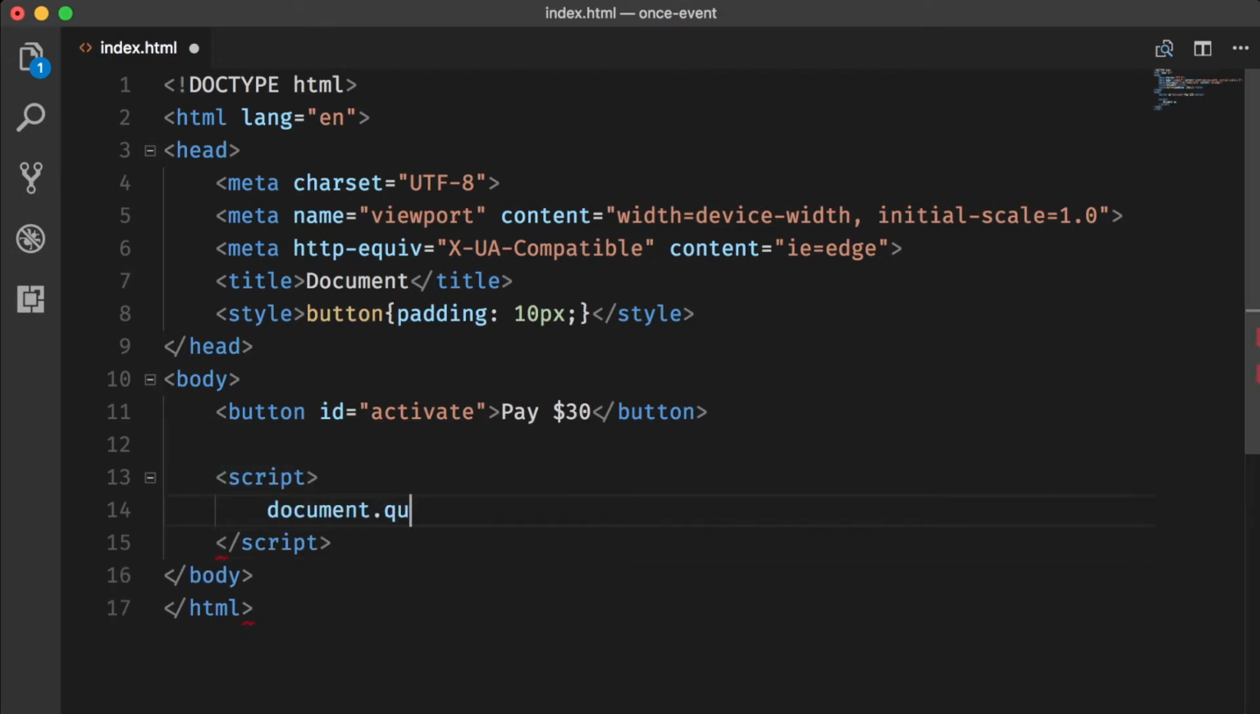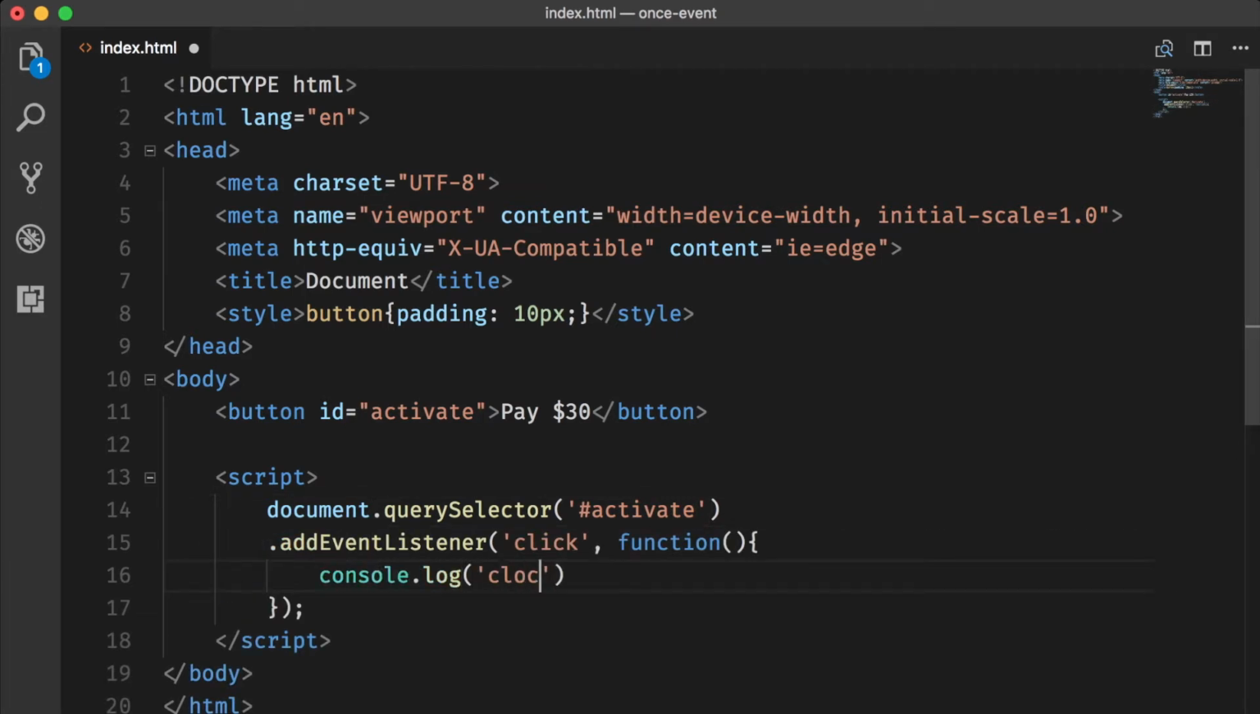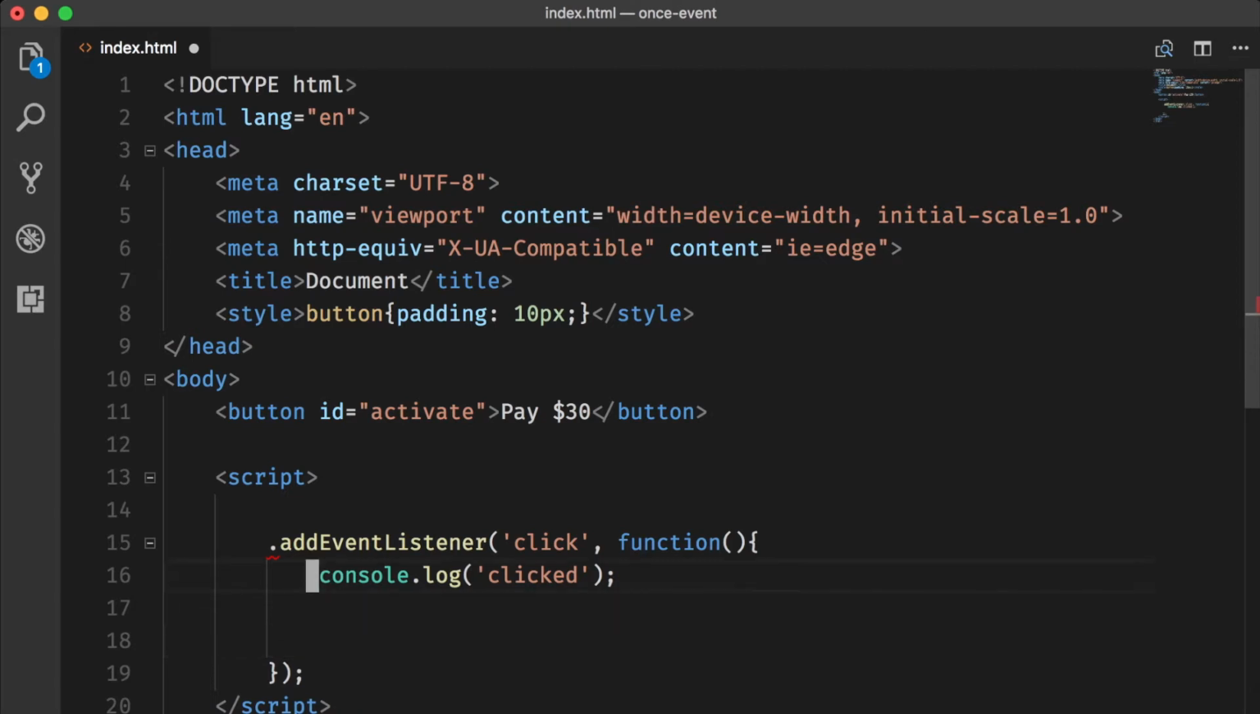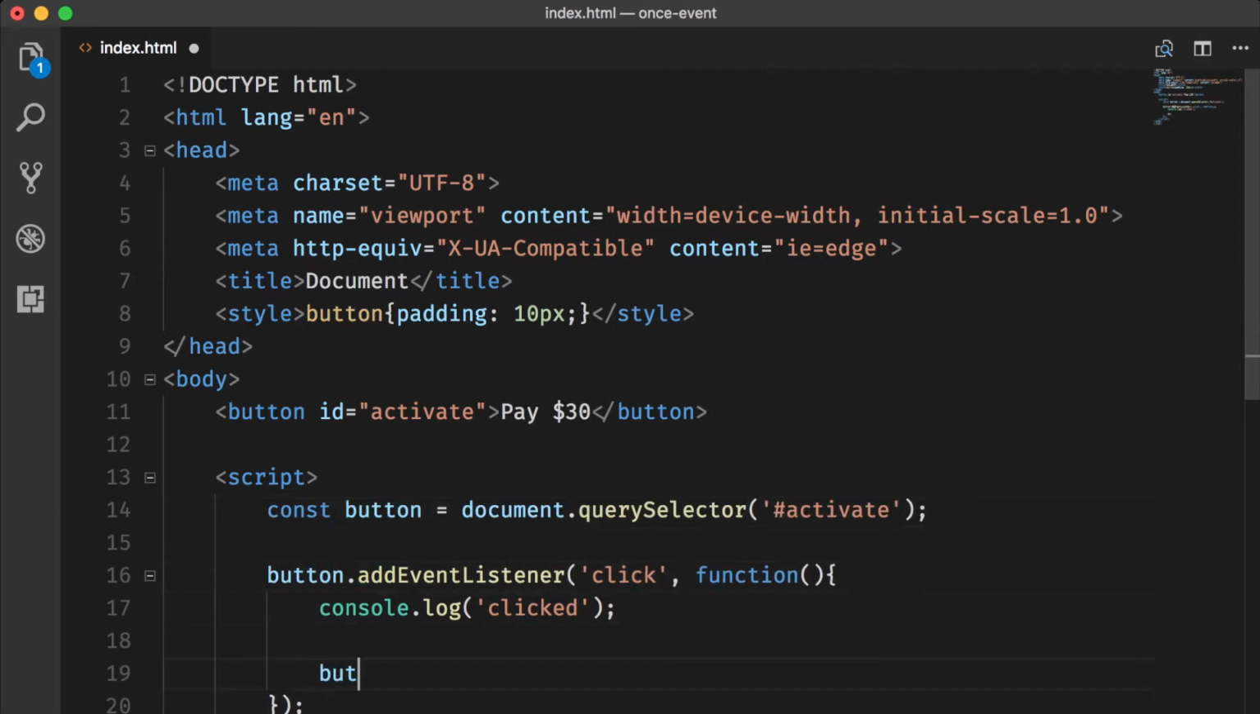I'll start by finding the button and adding a click handler. And inside this click handler, I'll add an anonymous function with just a console log so we can see how it's working. Since we want this event handler to activate just once, inside this anonymous function, we should remove the event listener. But now you realize that we also need to find the button again, so I'm going to save it into a variable so that I could reuse it to add the event listener and also to remove the